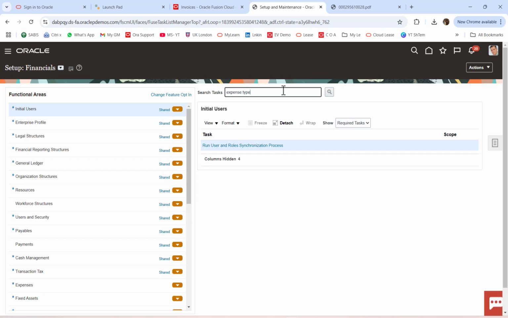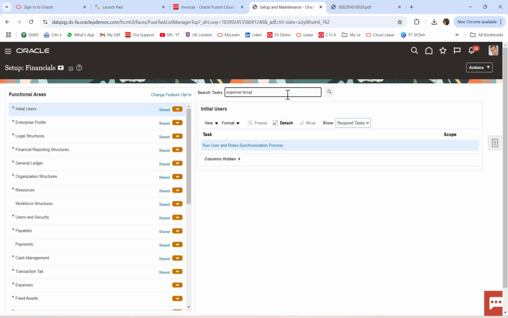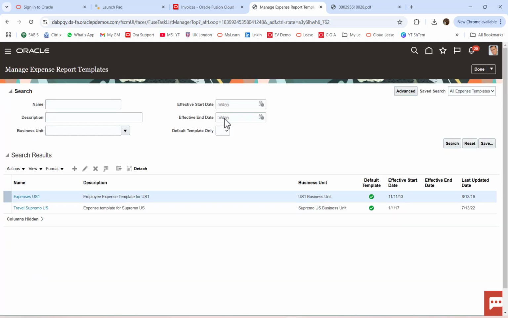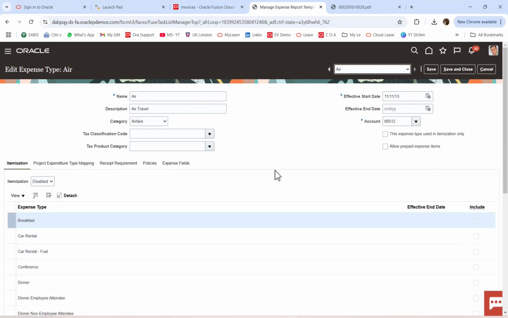Expense type, I can make an expense template. For the expense report template, I can, for example, take this one, for example air. Here, when you assign or define the expense item, the expense type, you can allow whether this item is for prepaid expense or not. Prepaid means